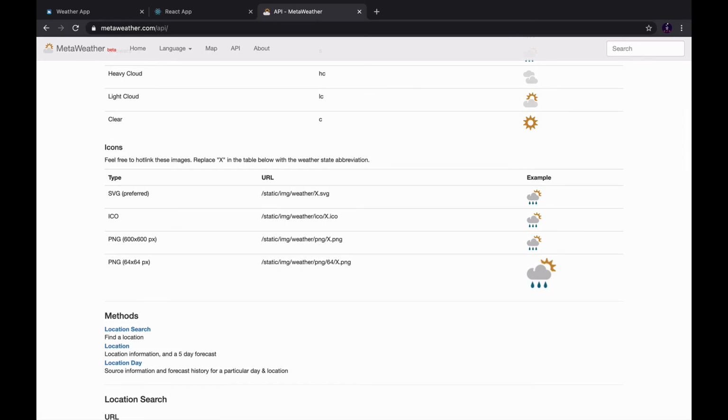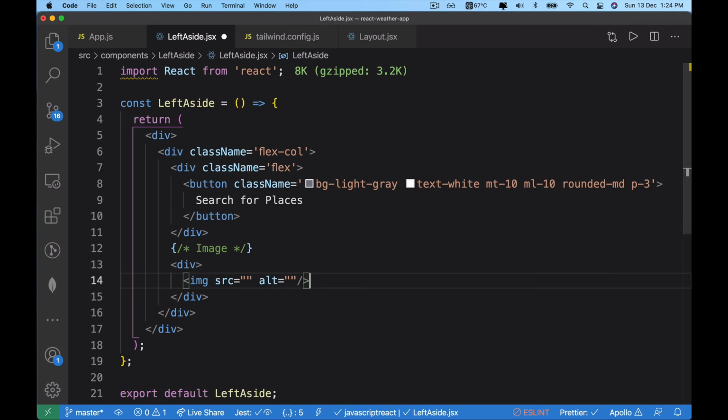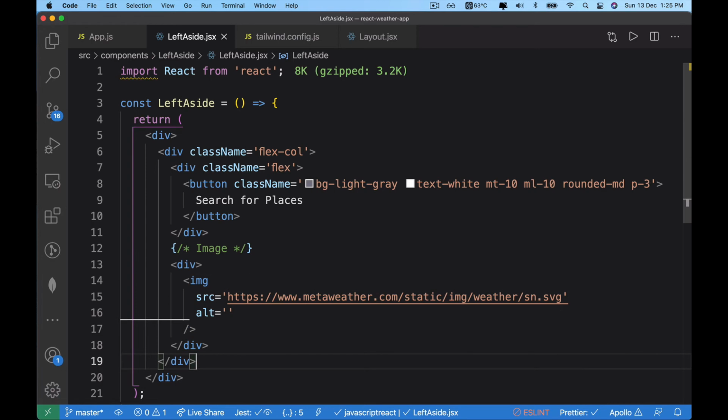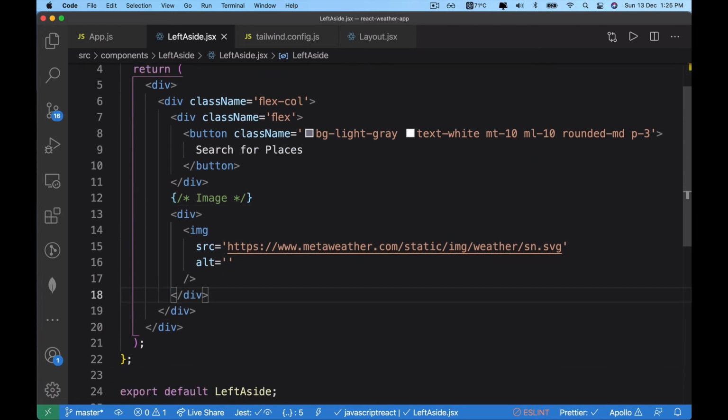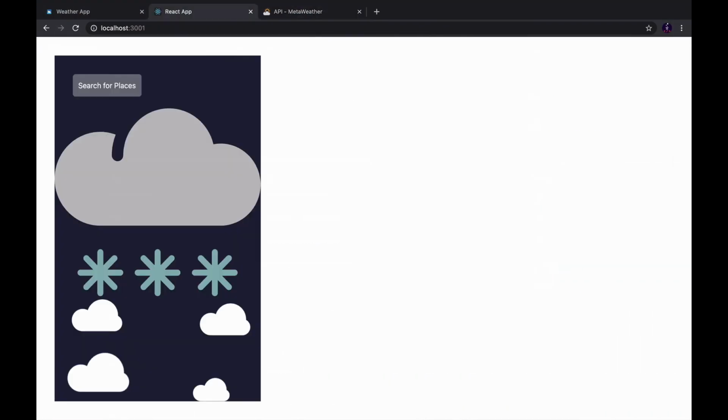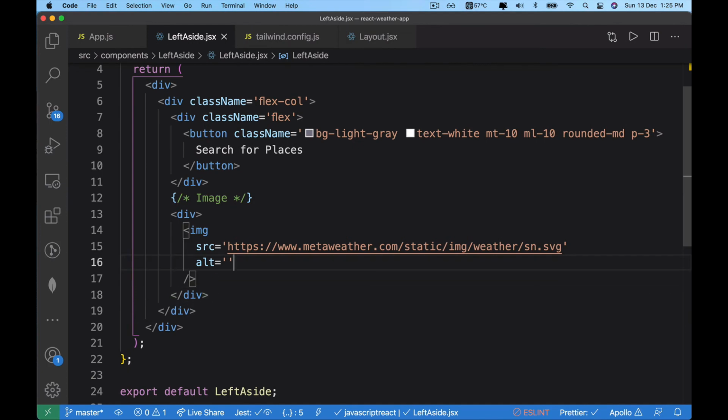sample image here. So just go back to the left side.jsx file, and for the image source give the URL, and as I already said I'll be using a static file for now. So just save this, and if you check the preview, we got this image right here. But this looks really huge, so let's just give it a width and height.